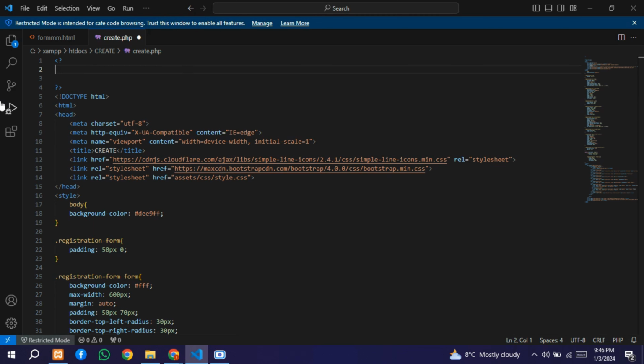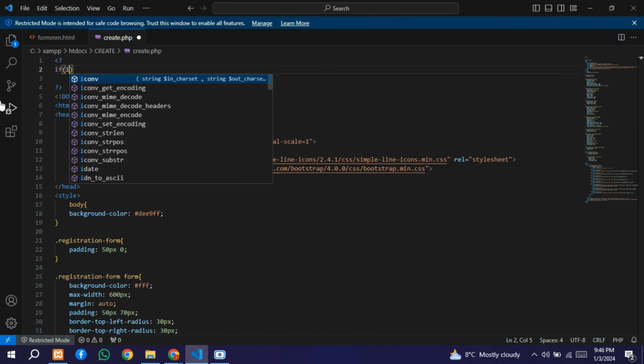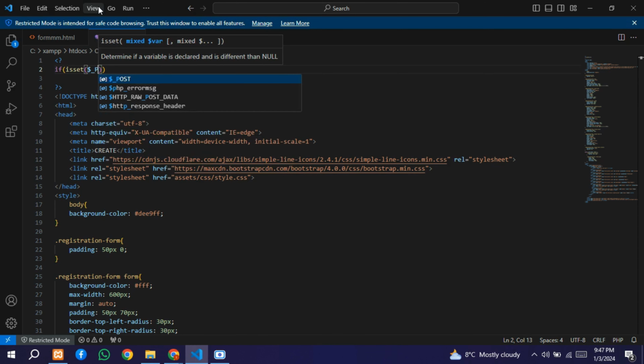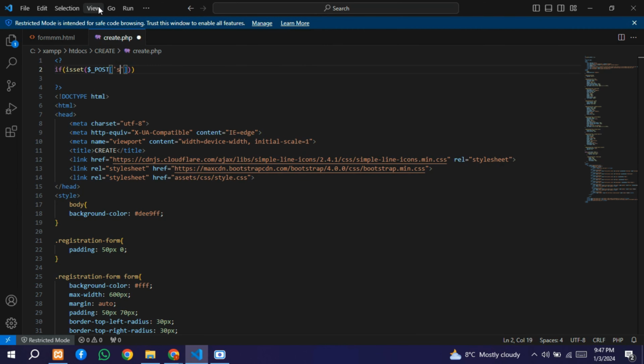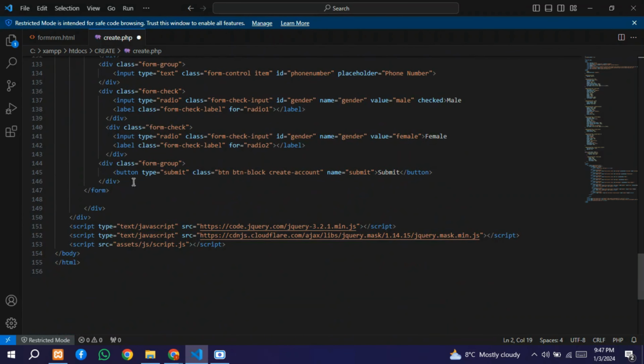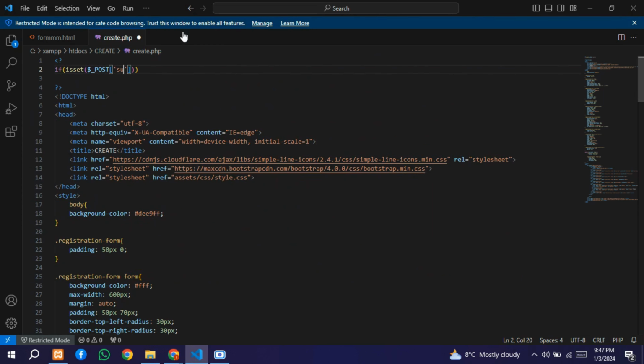So PHP code will be isset, and here we will have $_POST, sorry, here the spelling is wrong. So yeah, $_POST, and the button type was submit. So we are gonna write over here submit,